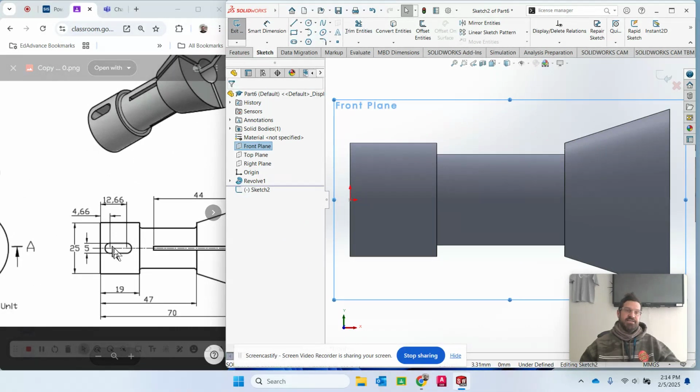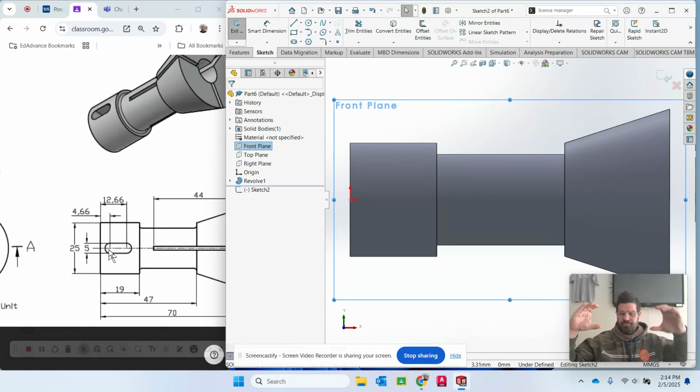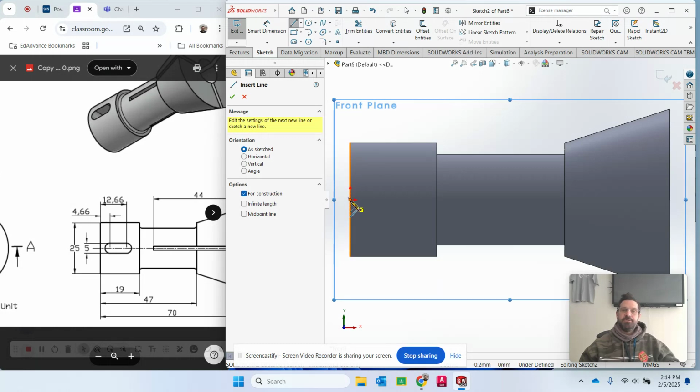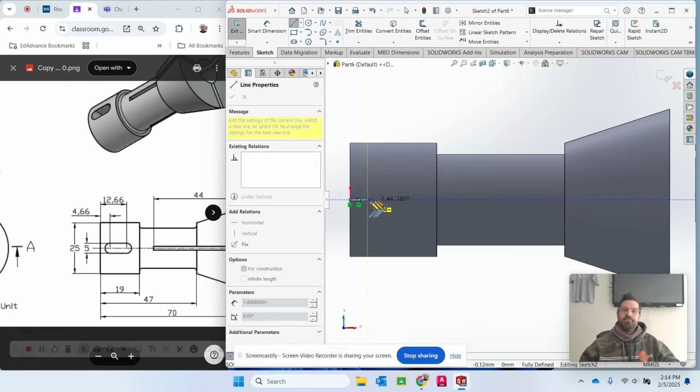What does it say? Well, it's a slot, which is like an elongated oval, right? But with flat top and flat bottom. And it says that the center of this circle is 4.66 over from the end, and this is 12.66 over from the end. So if I make a couple of little construction lines and go straight over from here, boom,